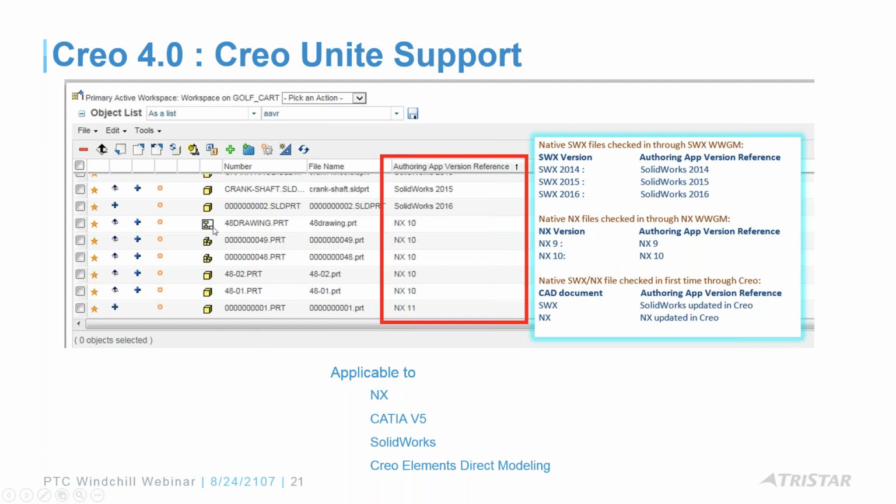This does not apply to drawings, it's only 3D models. So if I receive a 3D model from a customer, or I'm using it in my Creo assemblies as a placeholder,